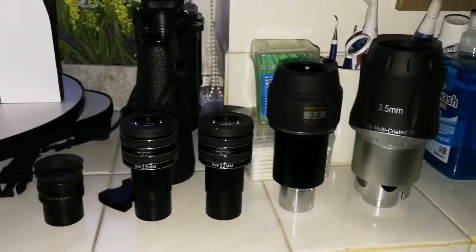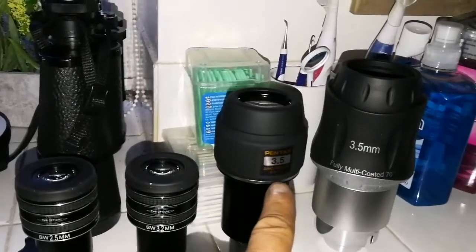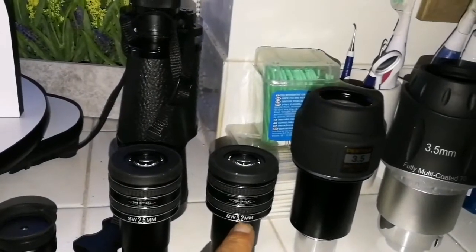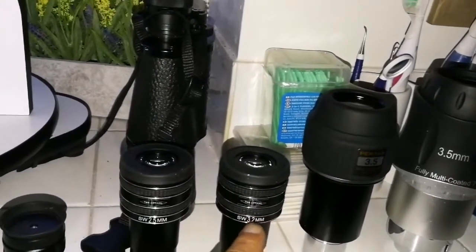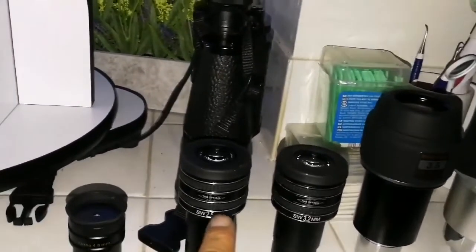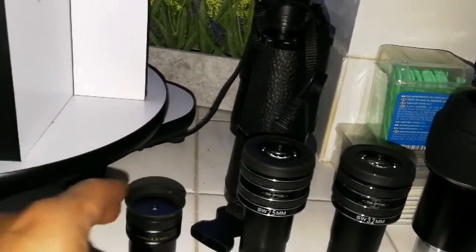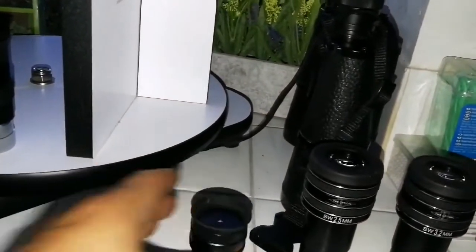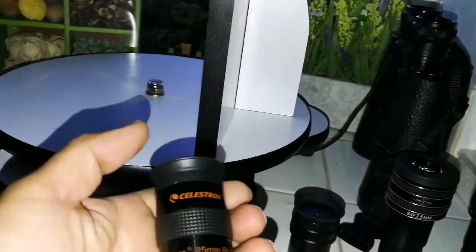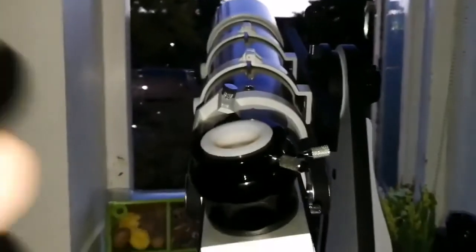Okay, I have set up my planetary eyepieces: the Skywatcher SWA 3.5mm, 70 degrees; the Pentax 3.5mm, which is an XW of course, 70 degrees again; the SW 3.2mm TMB Planetary II, that's 62 degrees; and this is also 62 degrees, the same planetary TMB SW 2.5mm. This is one of the best, the Ortho 4.8, and this is my finder eyepiece in this session, the Celestron Elux 25mm plus, and this is the Skywatcher